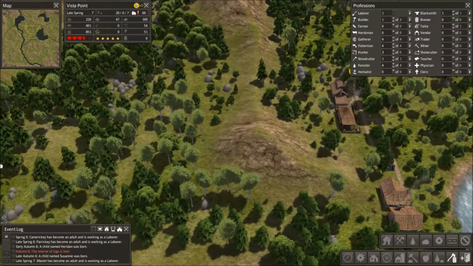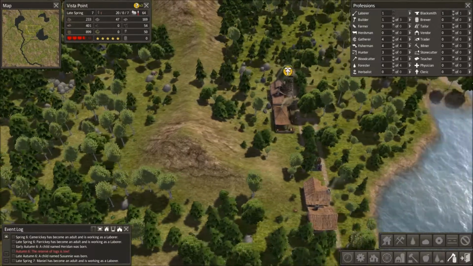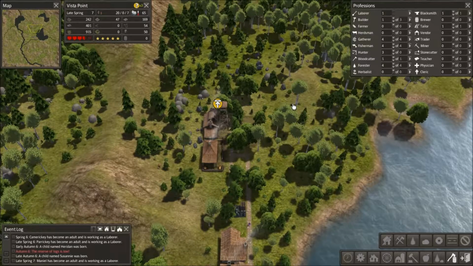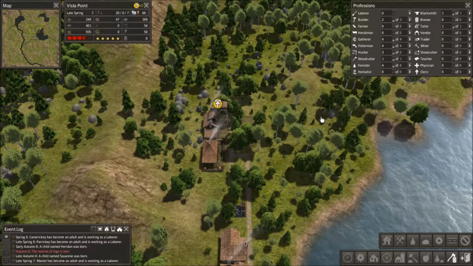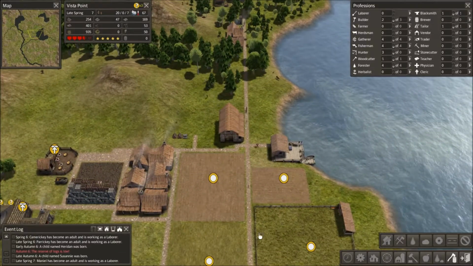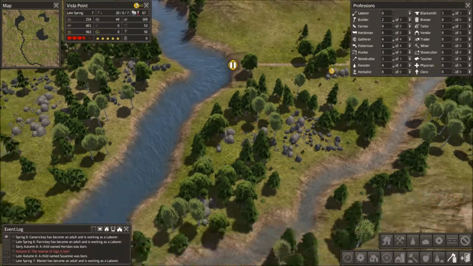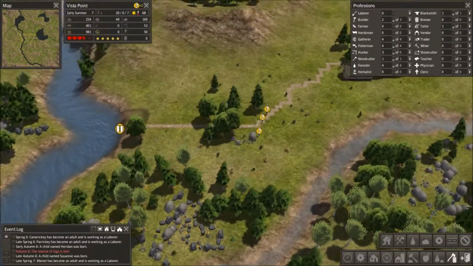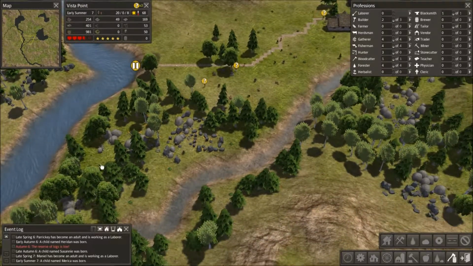And then here and here is going to be my nature preserves, where I'm going to keep things like hunters and foresters, gatherers, and a couple of herbalists too. Alright. Up my builders to 2. Yeah, but I think this peninsula here is going to get all my production right in this general area, and then this peninsula here is going to be kind of